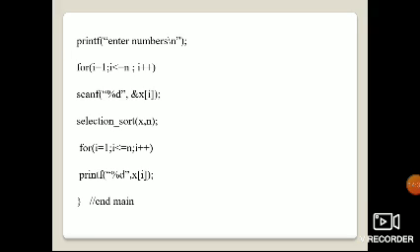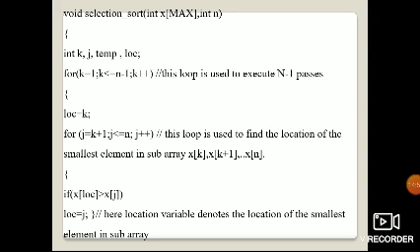After the array declaration is completed, now the processing part has to be done. Selection sort x comma n, this is the sorting. So when this is a function call, where will the function call go? It will go to here, the main body. This is a function.